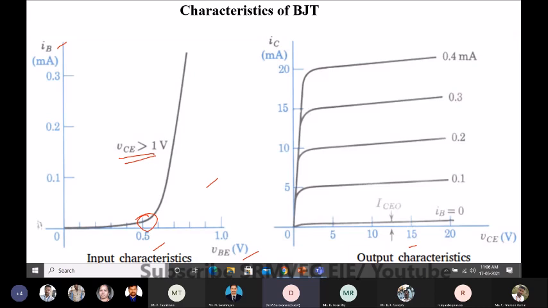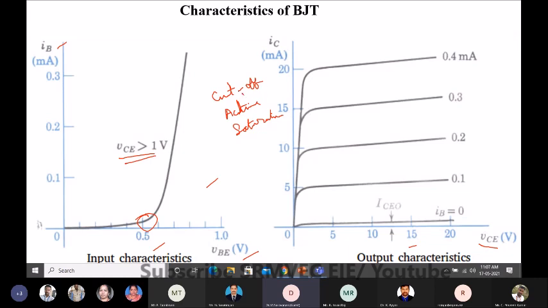Whereas in the output characteristics, you can see the output voltage is taken, usually if you are considering an NPN transistor in common emitter configuration. Okay, we will see about that configuration shortly. So the collector emitter voltage is on the x-axis and the output current, the collector current, is on the y-axis. And here we define three regions. One is the cut-off region, then the active or linear region, or you can call it as you wish.